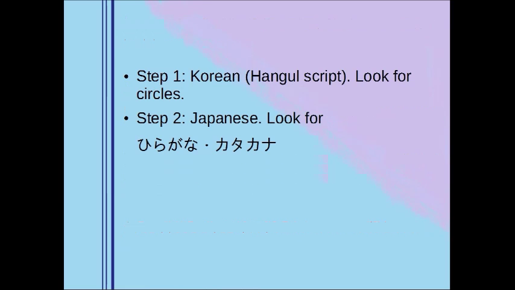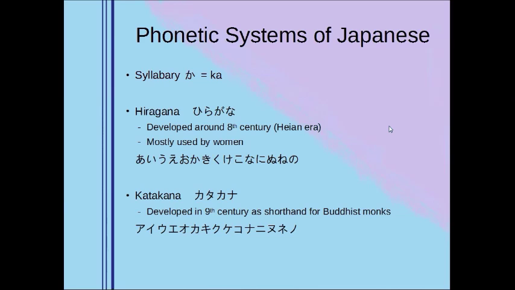Next, we're going to learn to distinguish Japanese. For Japanese, we're going to look for hiragana and katakana. There are 2 phonetic writing systems of Japanese. They're not alphabets, because each character does not represent a letter, a phoneme. Each character represents a syllable, so it's called a syllabary. And this character is ka,